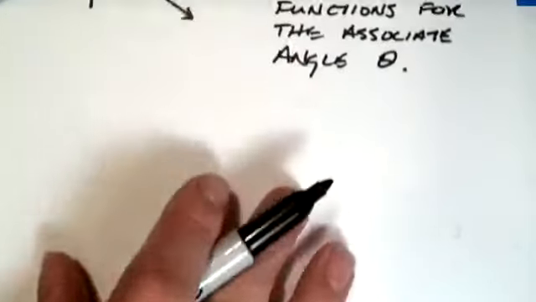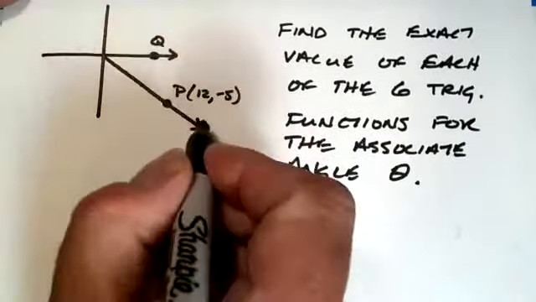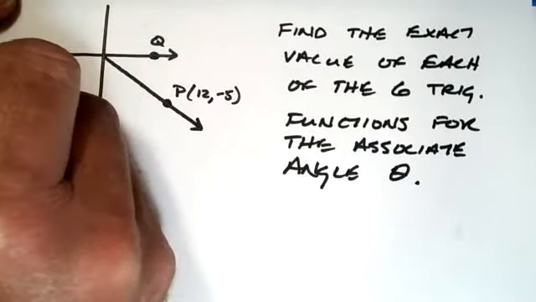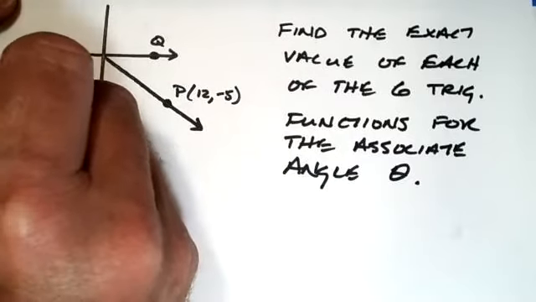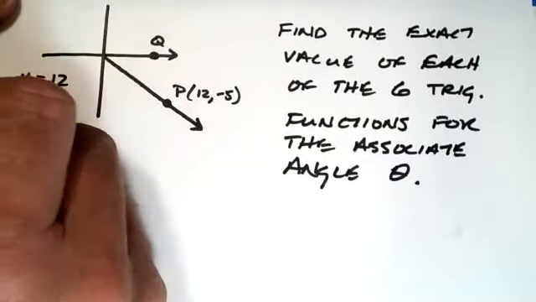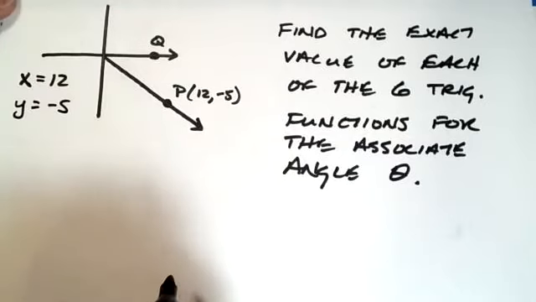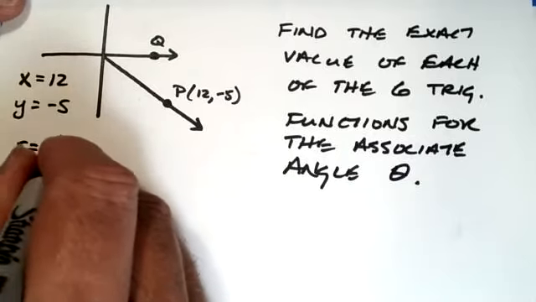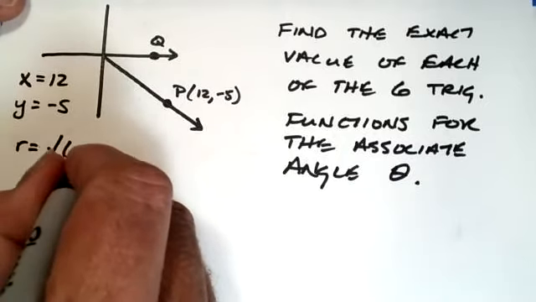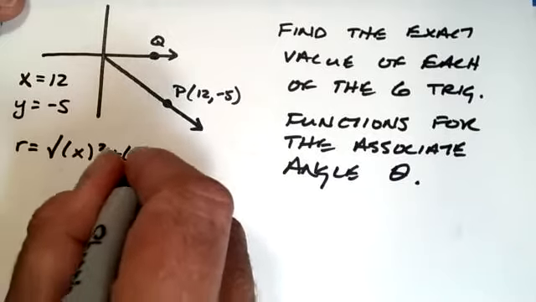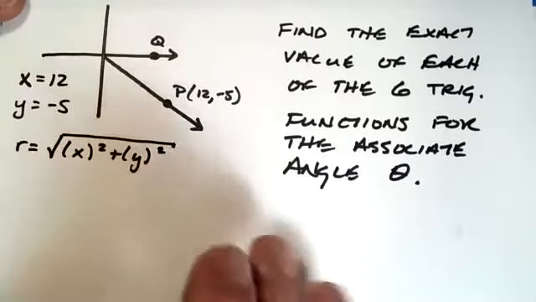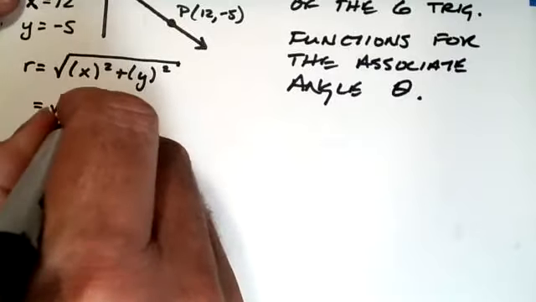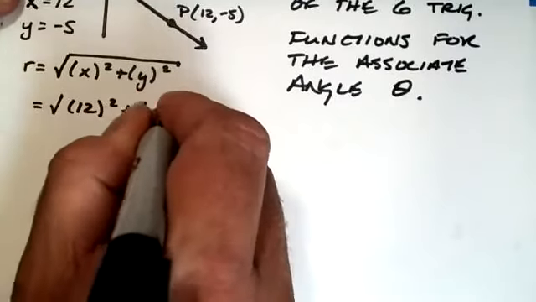So the first thing to do when we've got a setup like this is note that we'll just make a little running list here. So we know that x is equal to 12, and we know that y is equal to -5. So now we need to find r, and r is going to be equal to the square root of x squared plus y squared, which, substituting the values, is equal to the square root of 12 squared plus -5